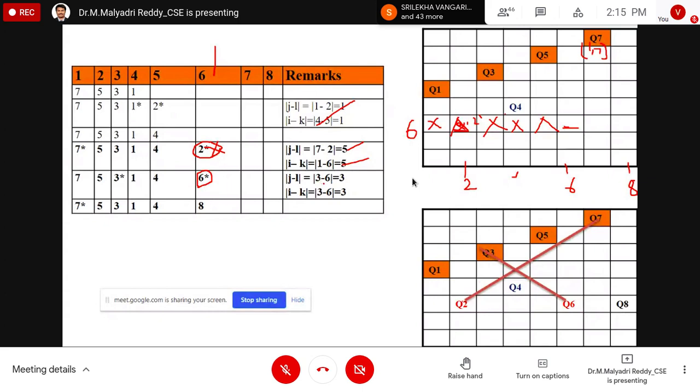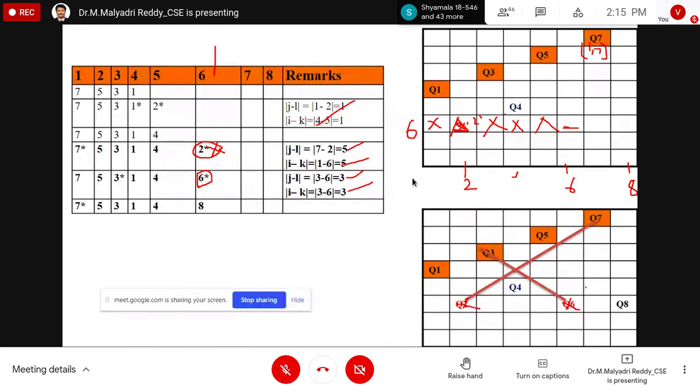So while substituting that value with Q3, again I will get the value 3. Both are equal, which means there is a diagonal conflict with respect to 3. So the sixth position is not a feasible solution. That is why it is also not feasible. Then Q is not feasible.